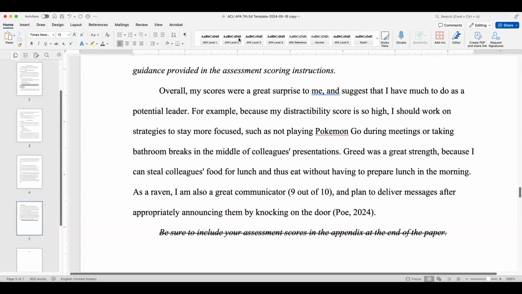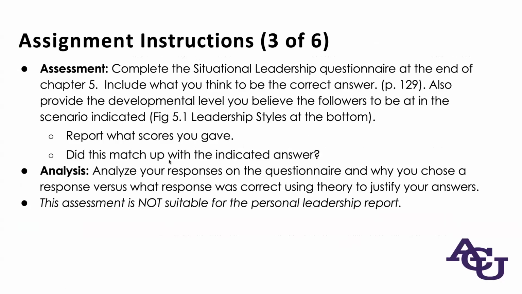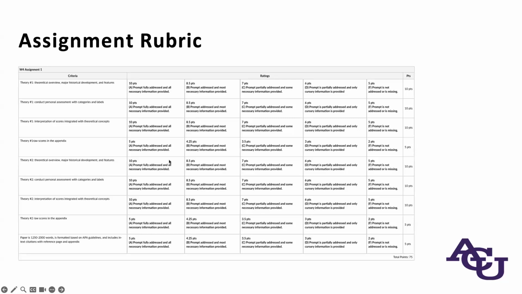All right, let's take a look at those slides again. As you mentioned earlier, it's really helpful to keep in mind what you have to do and to be able to look through and check off, for each particular step, that I've added the raw scores in the appendix, that I've discussed each of these elements, including interpreting them.